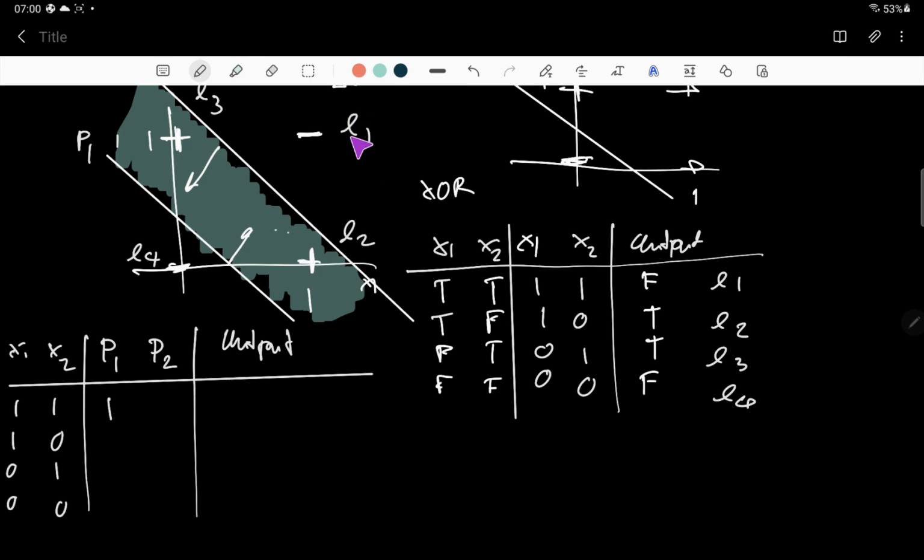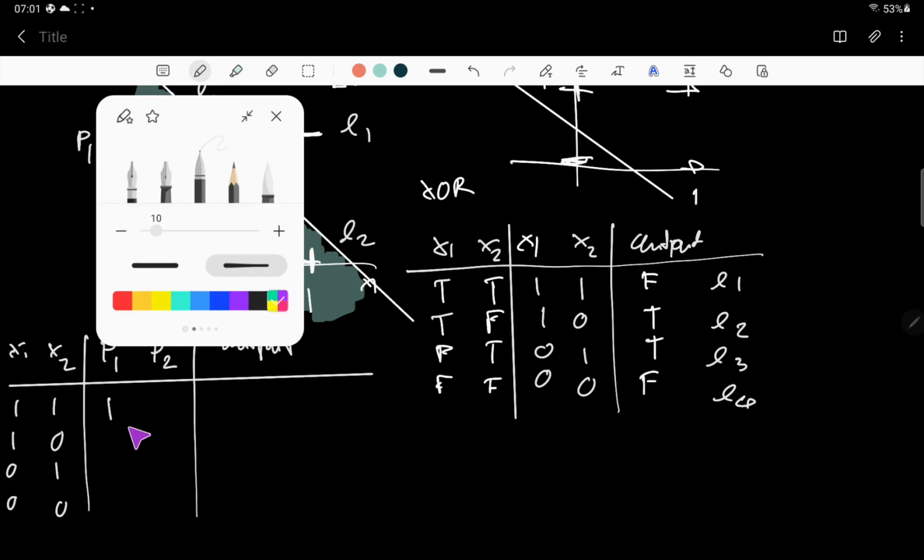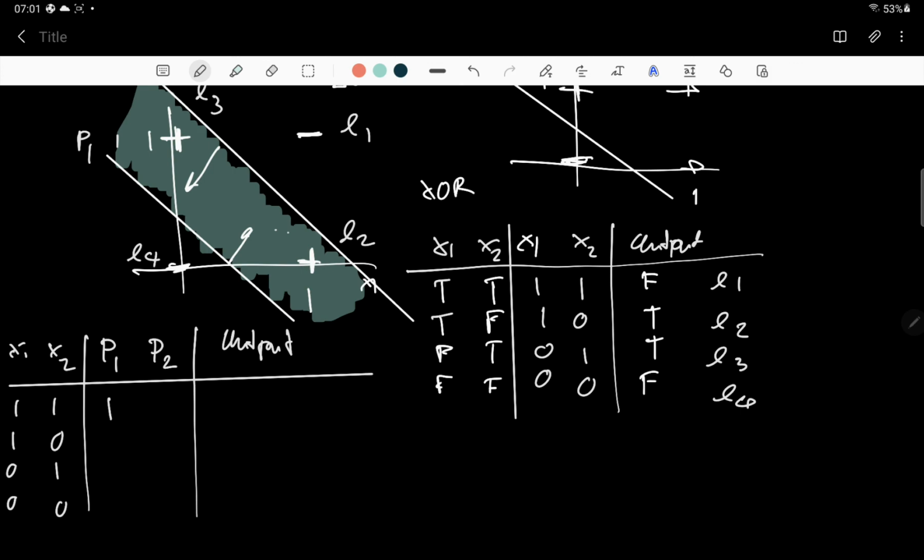When we look at E1, the output from P1 is 1. When we look at E2 and E3, all of these 3 examples are on the positive side of P1, right? So P1 will be 1 for E1, E2, and E3. But for E4,